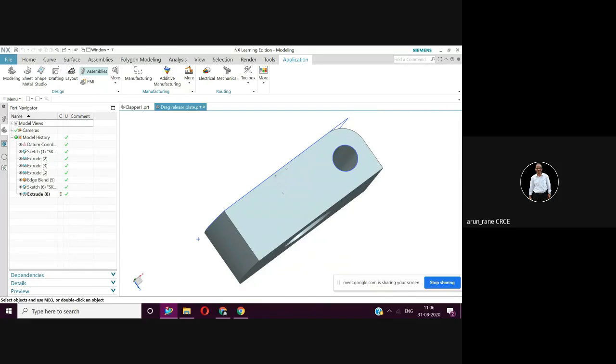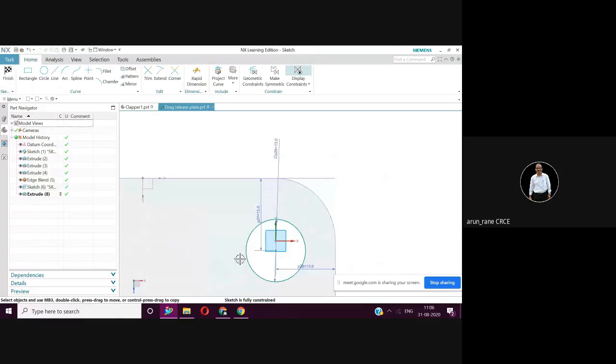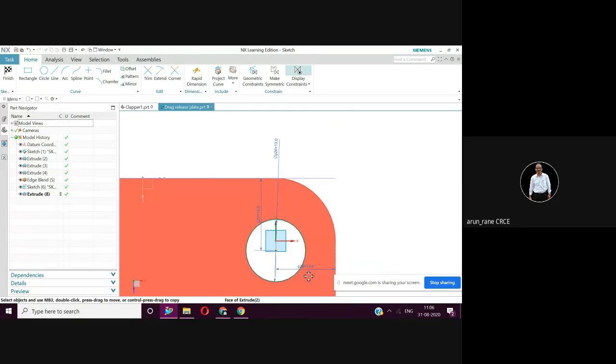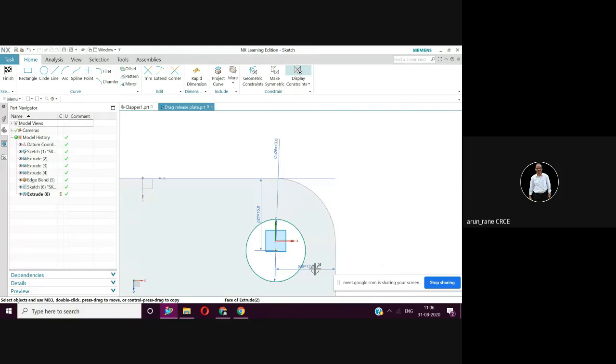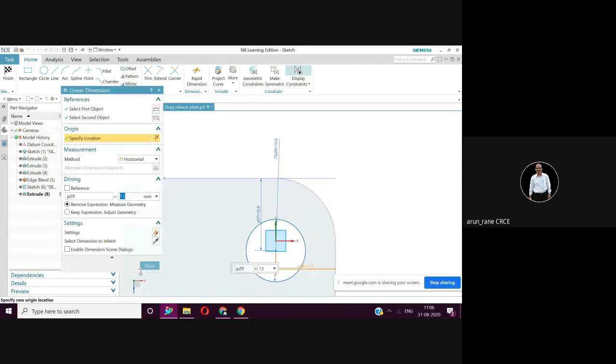I'll go to sketch now. Sketch. I will change the position of this hole. So go to sketch. I don't know which sketch it is, but I can see sketch 1 and sketch 6. So let me select sketch 6. Yeah. So in sketch 6 this hole was defined. I will change this now. How do you edit? Double click here. Double click. You change it to 15.